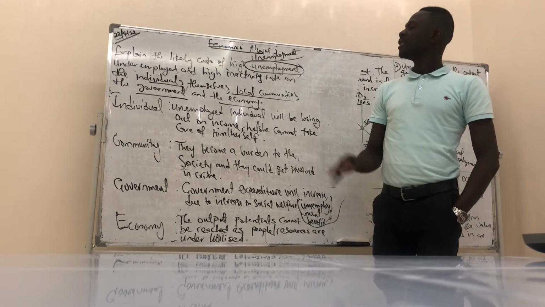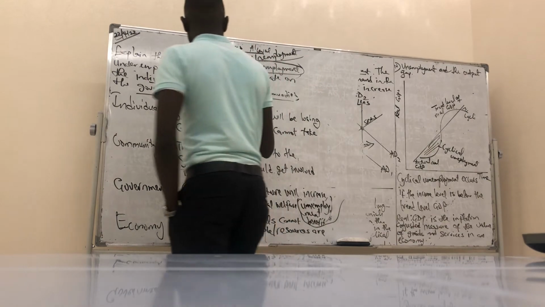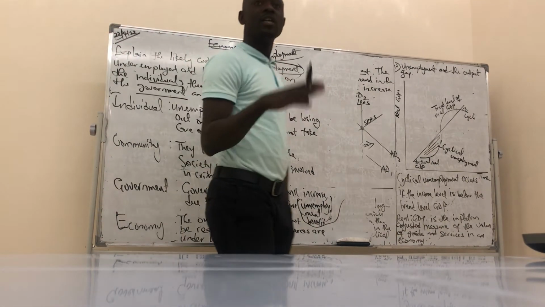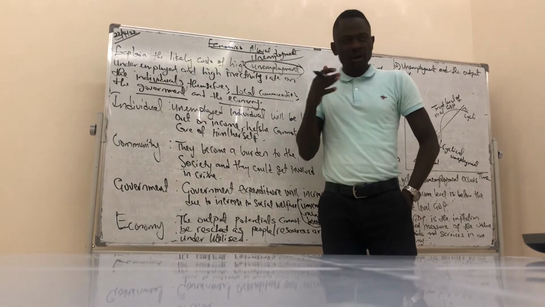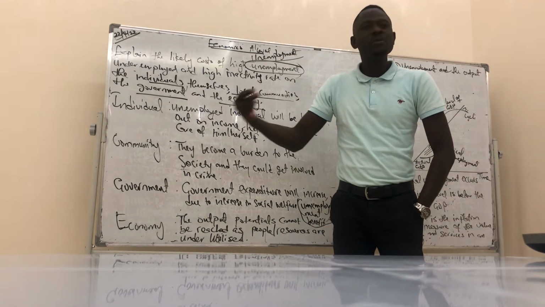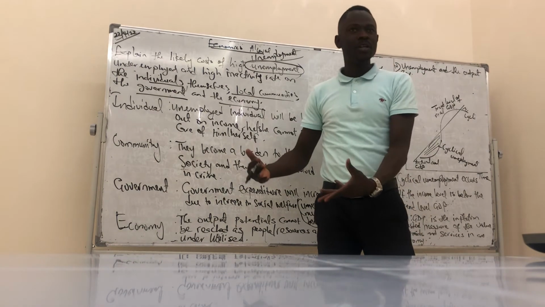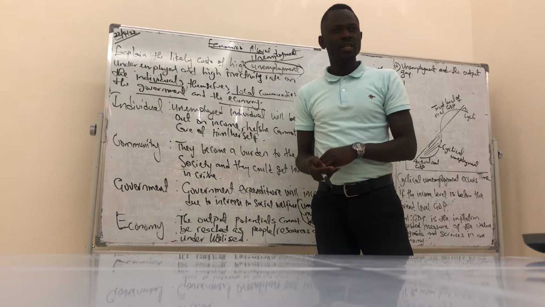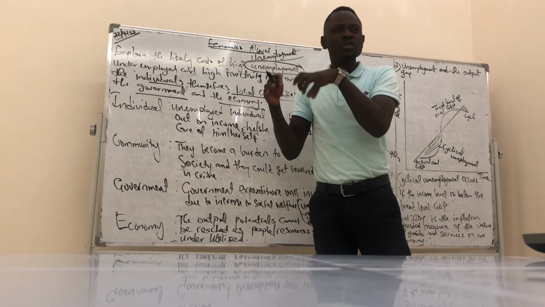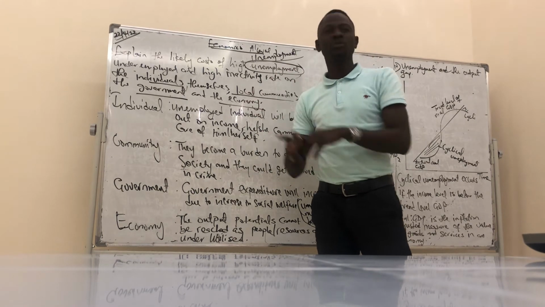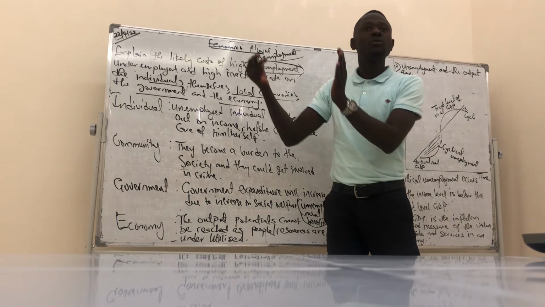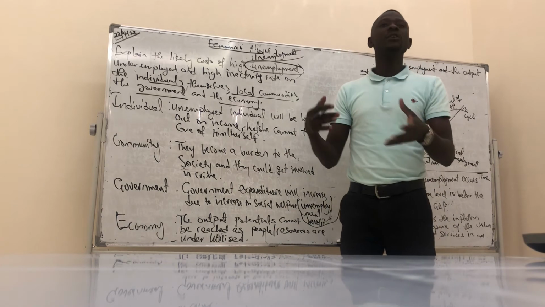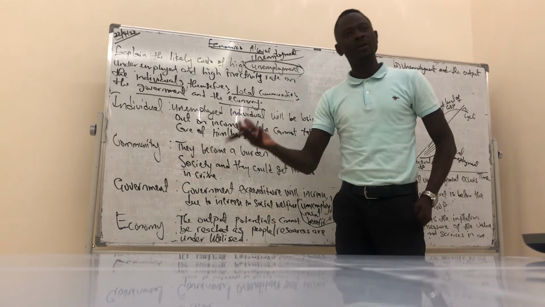Is it clear? Now, let's go to underemployment. When they say you are underemployed, it means you have a job, you are employed, but you're still missing some parts. You still have time to reach the highest potential. That means you can still have other jobs. You are not fully used to reach your potential. That is what I mean by underemployed. You have a job, but there's still space for you to work more.